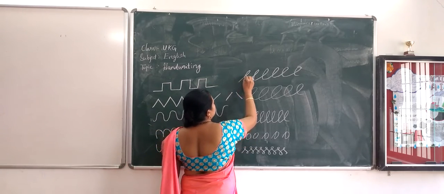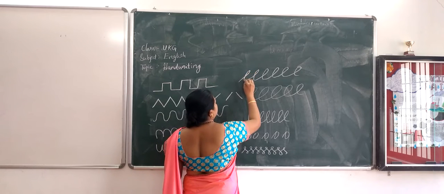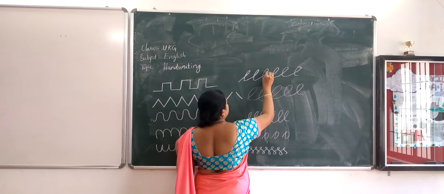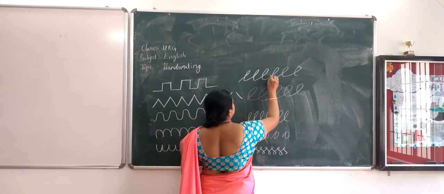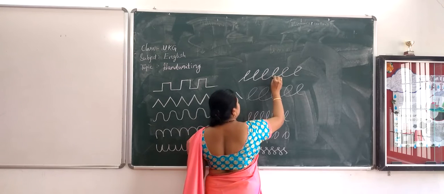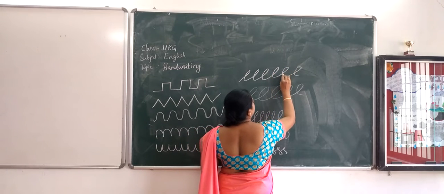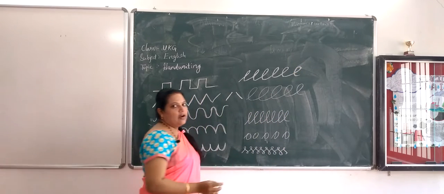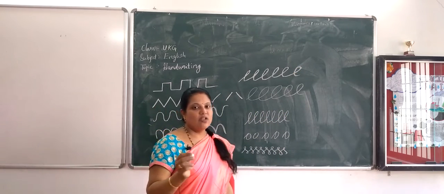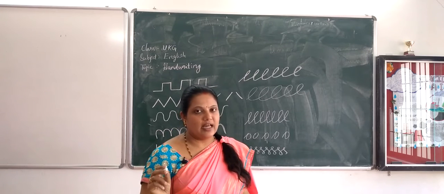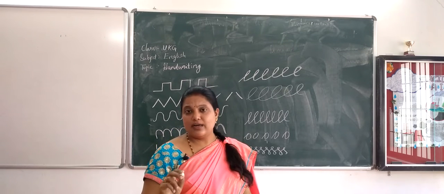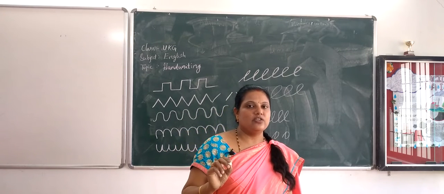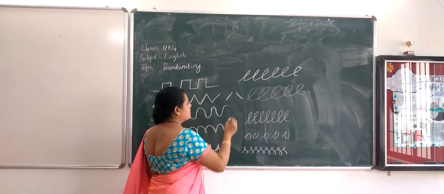When you write alphabets like E, L, this is how. You need to practice. Can you do that? Yes. In your handwriting book you have all these patterns as well as the dotted lines also. First you practice on the dotted lines, next you start writing each line. Okay, children? Yes. See the next one.